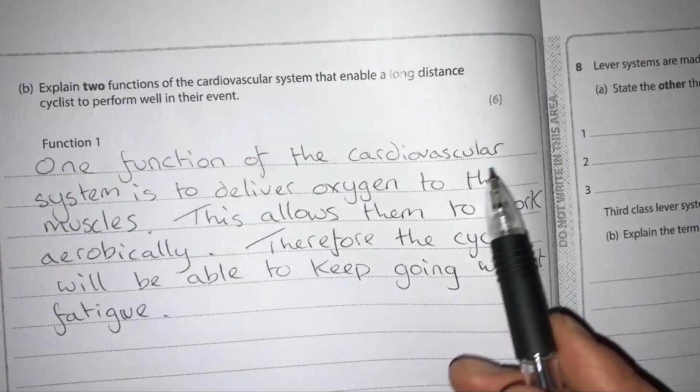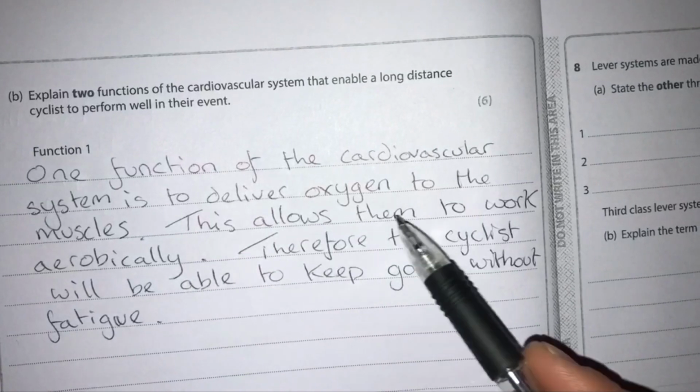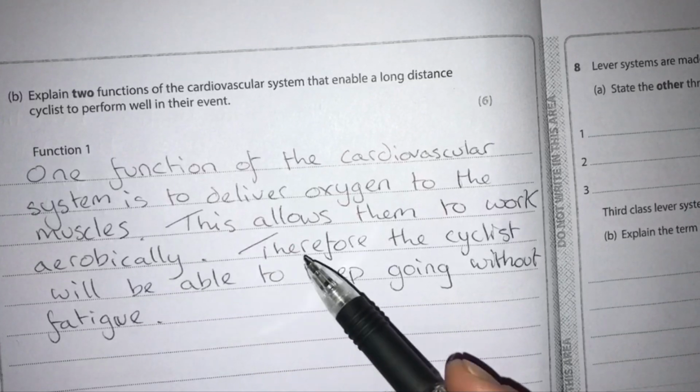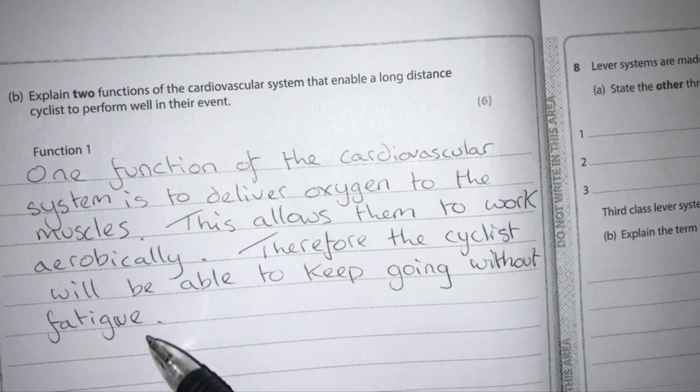One function of the cardiovascular system is to deliver oxygen to the muscles. This allows them to work aerobically. So there's point and then explain, and now we need the benefit, or therefore. So therefore the cyclist will be able to keep going without fatigue. The second function